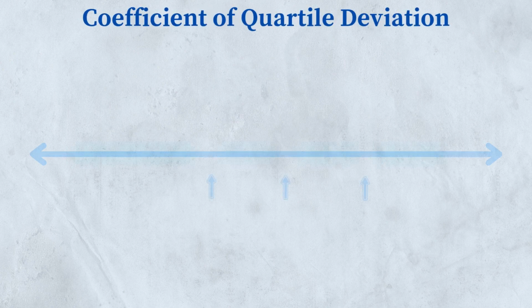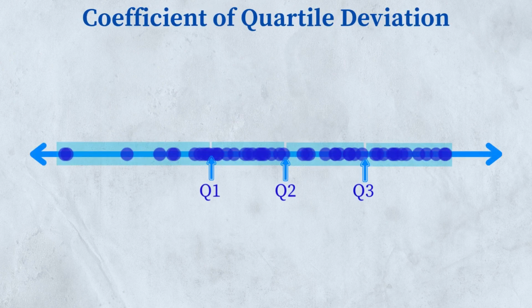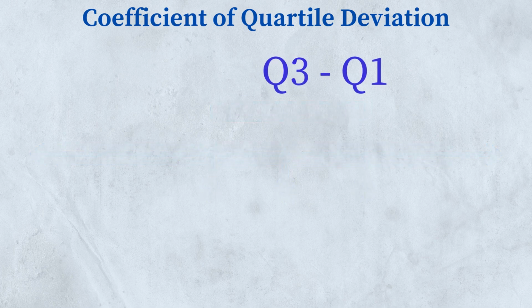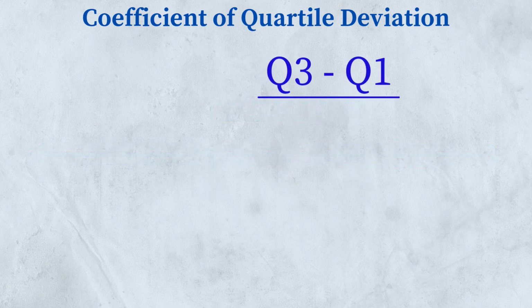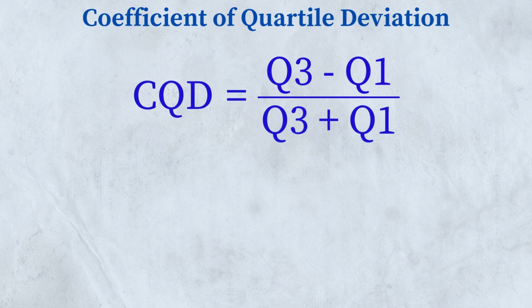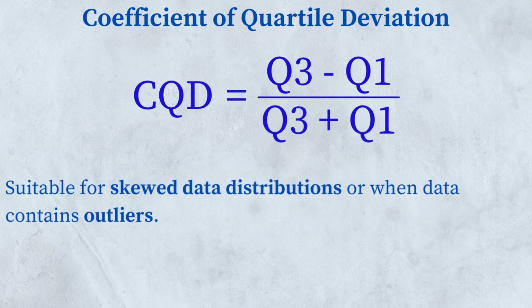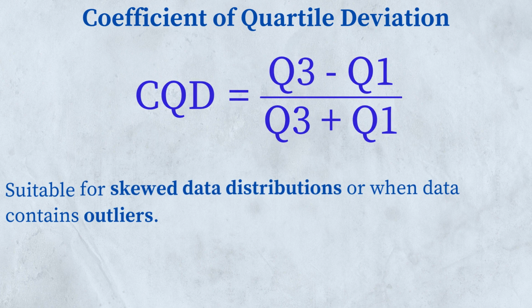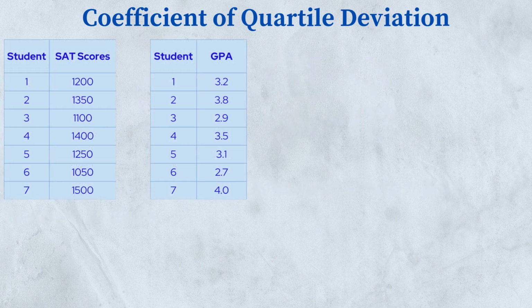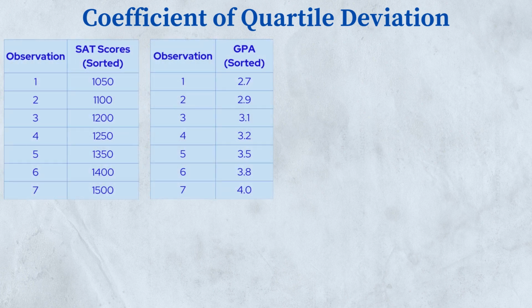The coefficient of quartile deviation, which focuses on the central 50% of data, is calculated by dividing the difference between the third quartile and the first quartile by their sum. This measure is particularly suitable when the distribution of the data is skewed or contains outliers, as it is less affected by extreme values. To calculate the coefficient of quartile deviation for our dataset, first sort the data values in